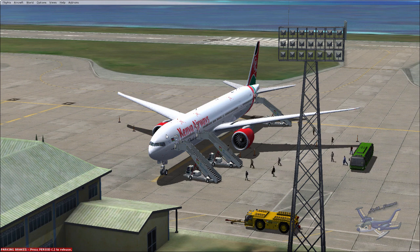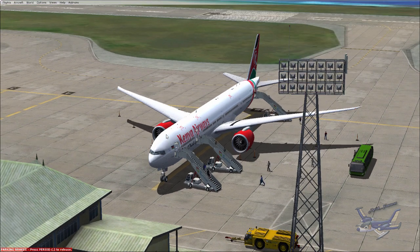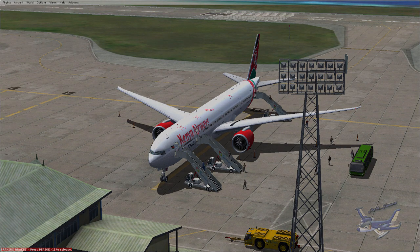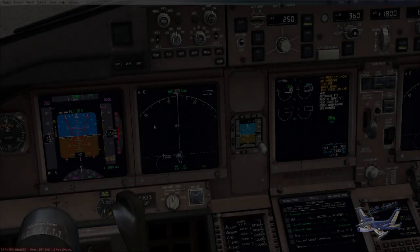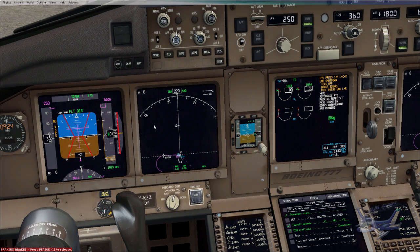So we just take a moment here to observe the GSX ground services in action. We can see the passengers boarding there, getting onto the plane. I just get carried away, and yeah, we just have a quick look at what's happening on the outside as we are preparing the aircraft. So moving on swiftly,